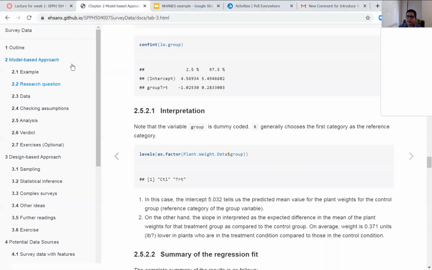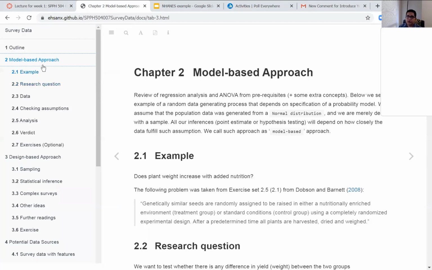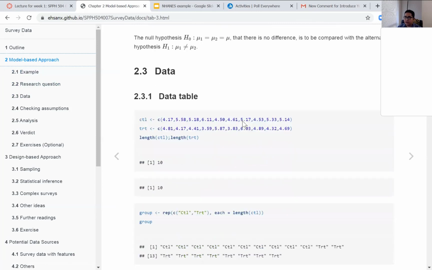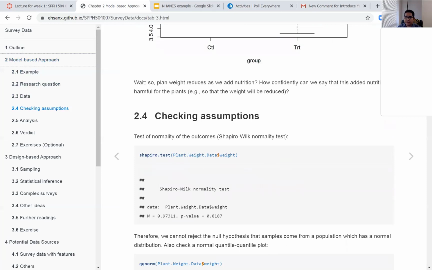All right, so as I have said, this is basically review material that I'm not going to spend too much time on, but the short summary of this review is that when you took your SPPH 400 and 500, all of the components that you have learned there, I'm talking about doing some sort of t-test or regression or some sort of ANOVA, whatever you have done, all of those